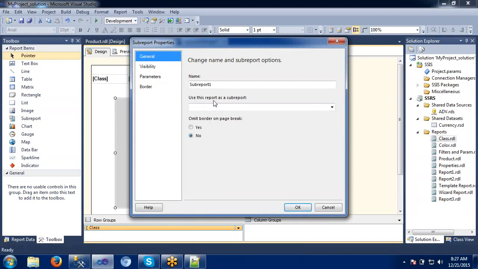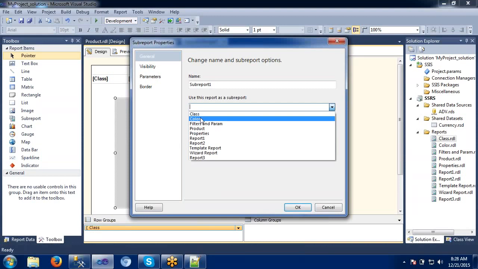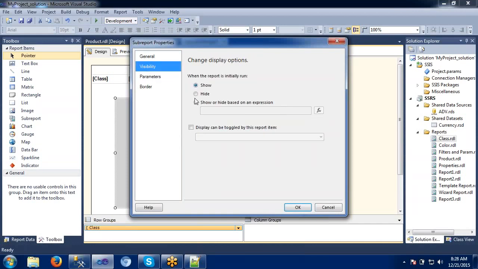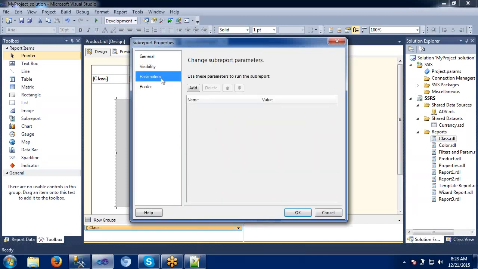Again it is asking me which report I want to use. I would like to take the color report here. For visibility, yes, let me show it as of now. And do we have any parameters to be added here? Yes, we have the class parameter here.